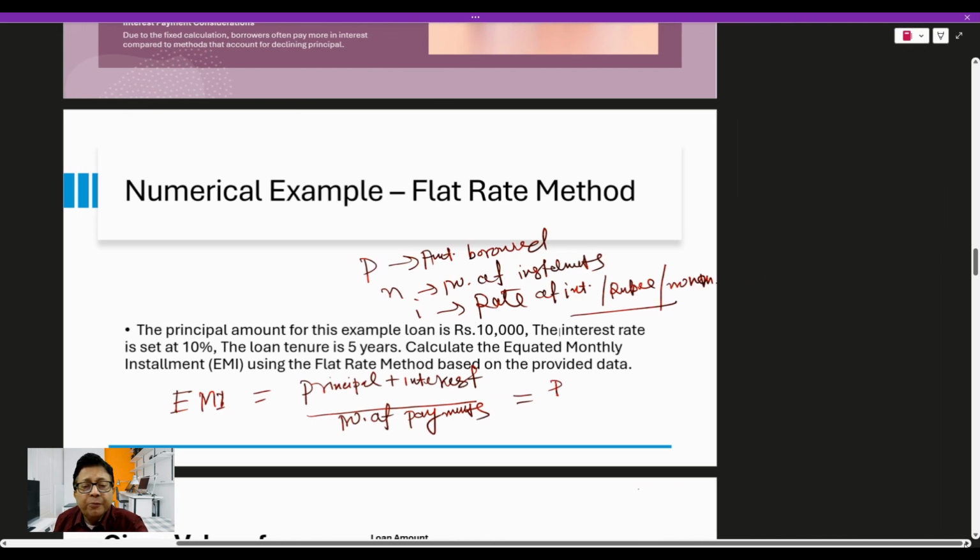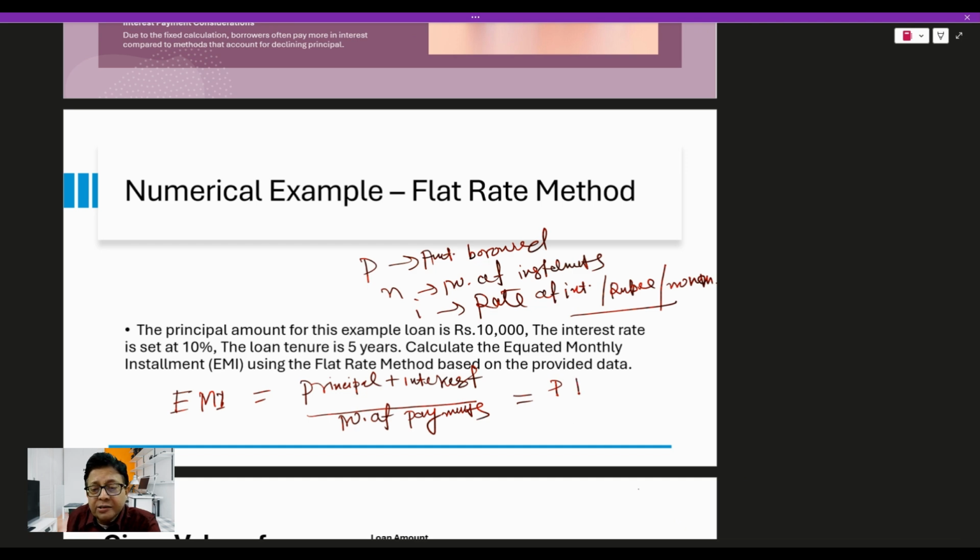So the formula for this is going to be P plus PNI divided by what? N. Alright? So using this formula, you can get the value of EMI you are going to pay. Okay? This formula,